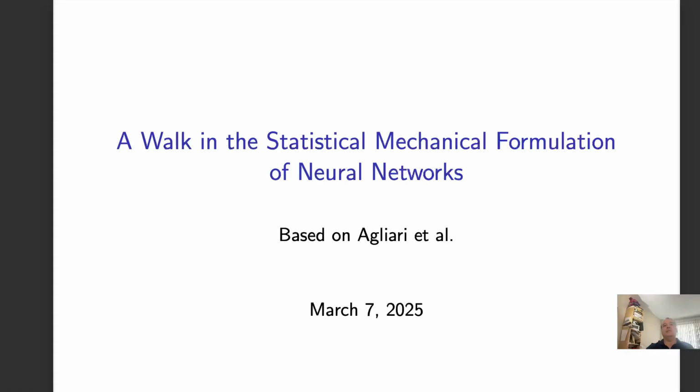But this very similar object appears in RBMs. This turns out to be the coupling. So in other words, this becomes the coupling between the visible units. You average over all the hidden units, and you end up with this effective matrix. And then there are these bias terms. So this links now